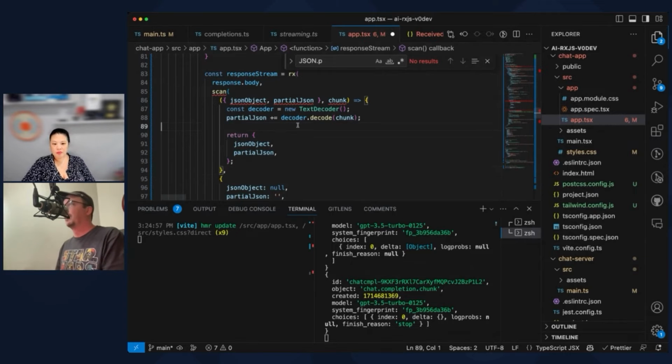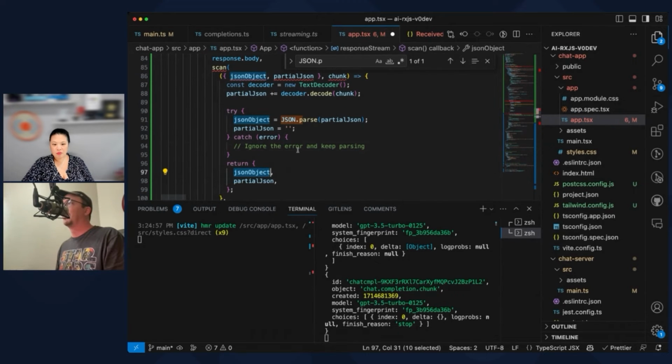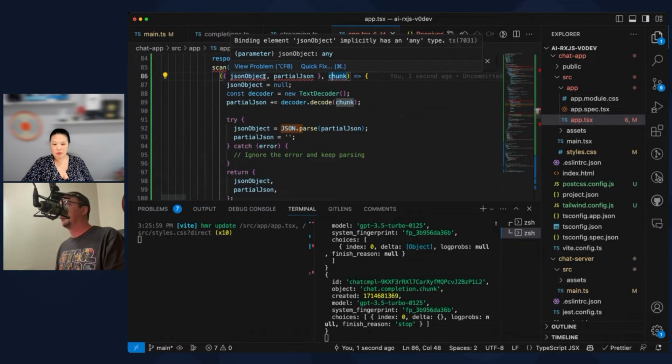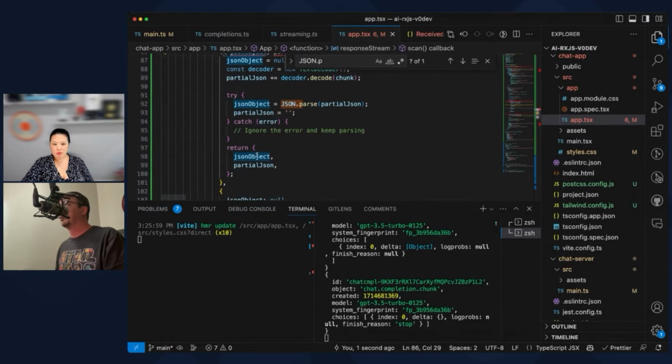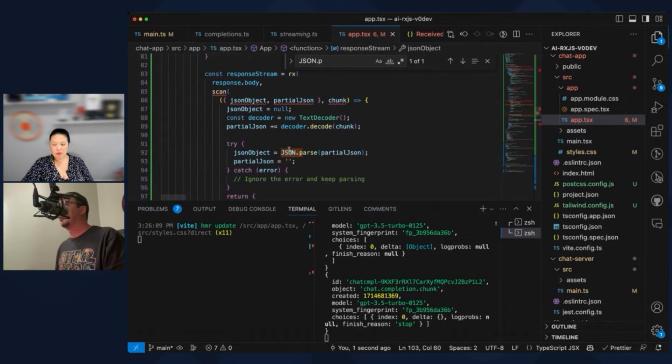All right. So here's what I'm doing. Every single time I do that, I'm going to try to parse that. Ignore error, keep parsing. So I'm basically going to be like, hey, if it parses as JSON, great, do that. Otherwise, don't do that. And then right here at the top, JSON object is going to be always set to null. So why is this upset? Can implicitly be anything. Sure, as one of those two things.